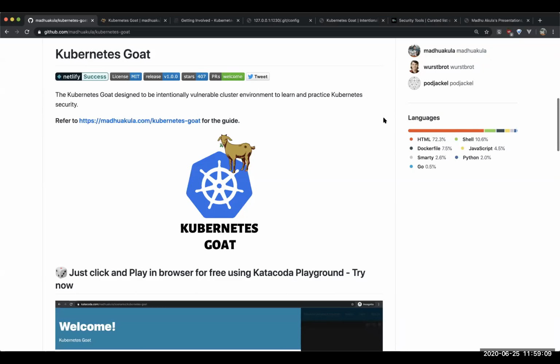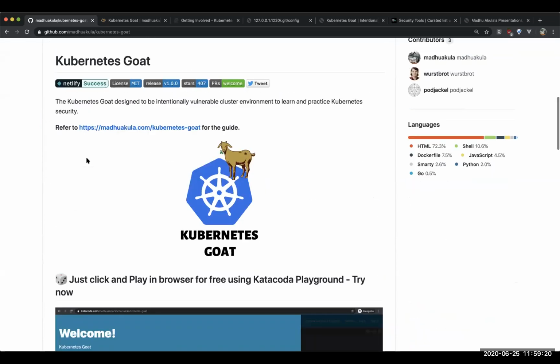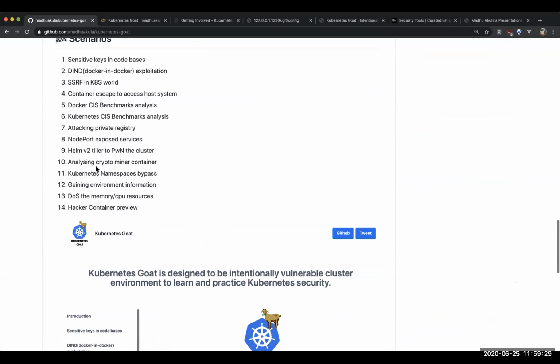Another question: do we need to learn Golang programming to contribute to your project, or is there any other way? I don't think so. Currently there is no Golang involved. If you come up with any misconfiguration you see in your current organizations or assessments, I would be happy to have you contribute. And as I said, I'm working on the defense scenarios. Please feel free to contribute defense scenarios or fixes for this.